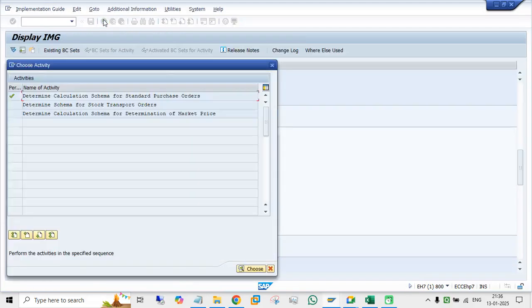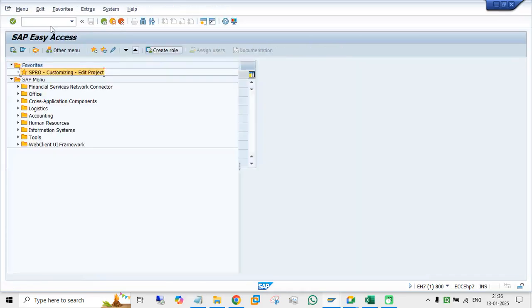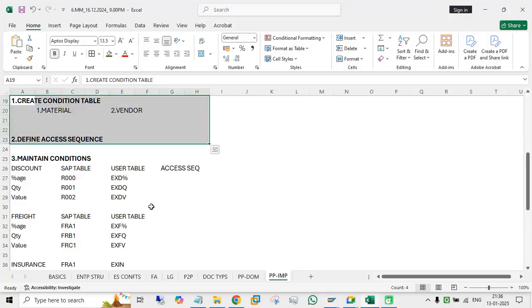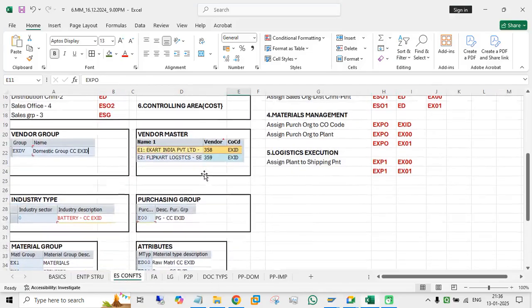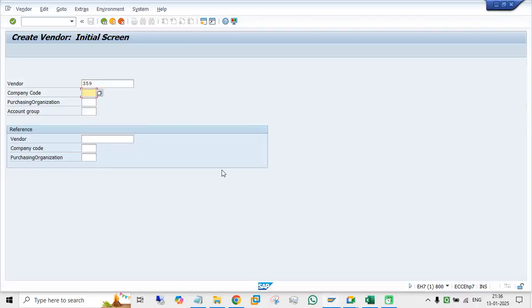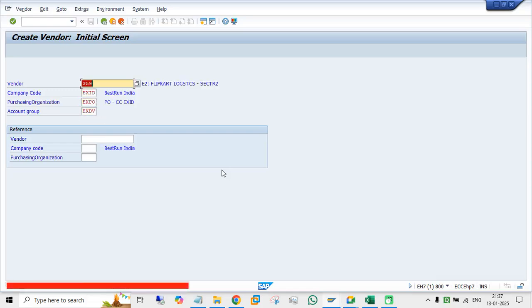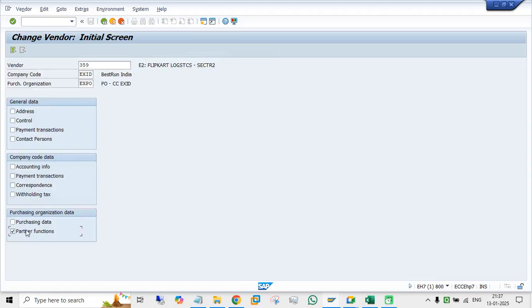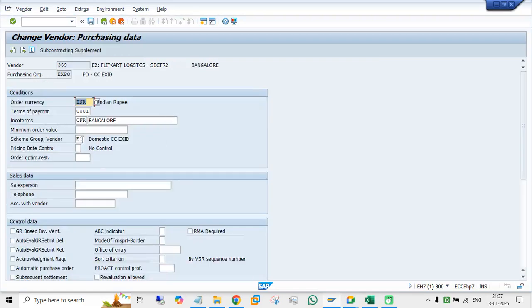Now come to that vendor, XK02, 359, company code, purchasing data, here change it to E2, change it to E2,